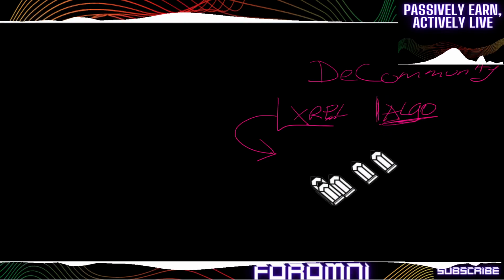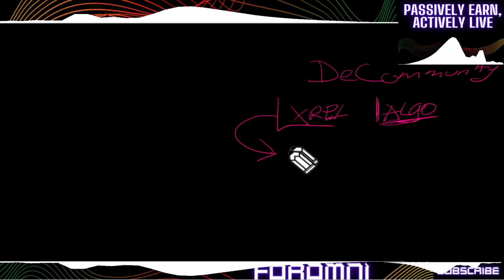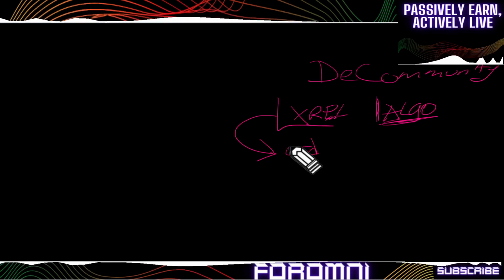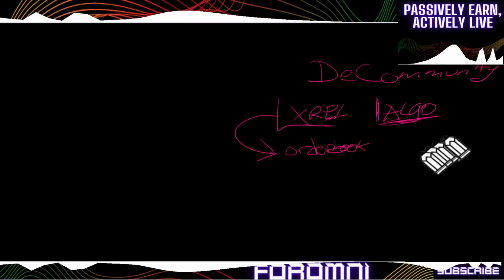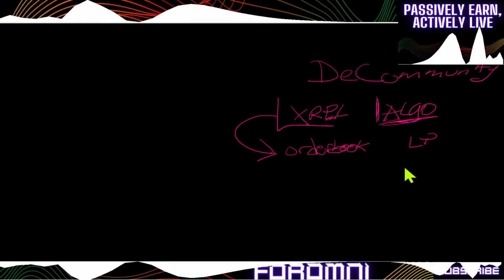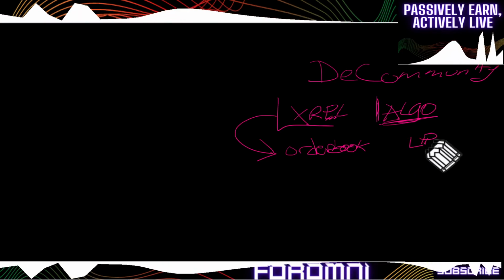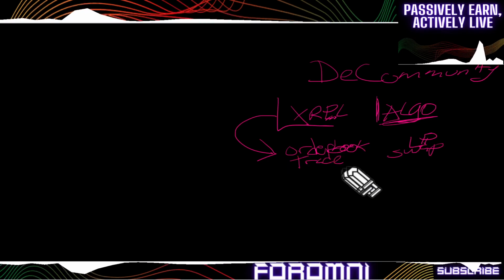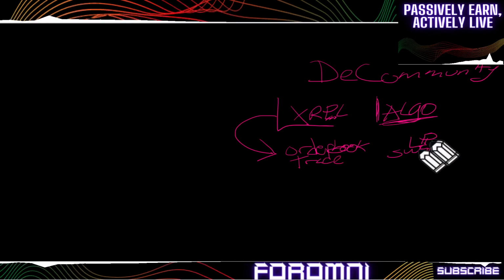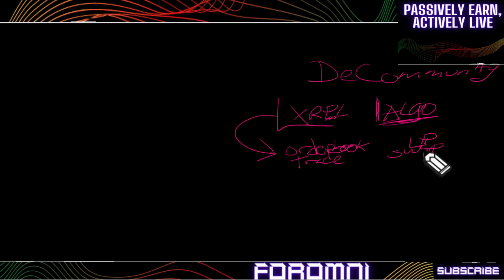So it's kind of like that, where with XRPL you have the order books, right? You have the built-in DEX. There's literally a built-in order book, right? Like it looks just like a centralized exchange. And then on Algorand you have liquidity pools. So that's the biggest difference. This is where you swap, and this is where you trade. This one is more chart dependent, like you can see the candles and all that other stuff. And with the liquidity pool, you can still see the candles, but you are definitely adding liquidity. Like there's liquidity to be calculated in that aspect.